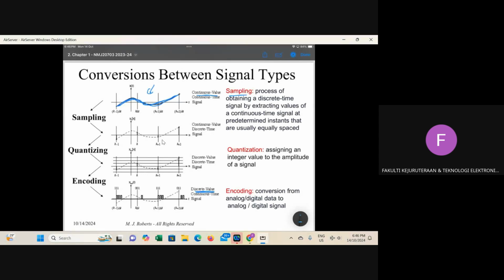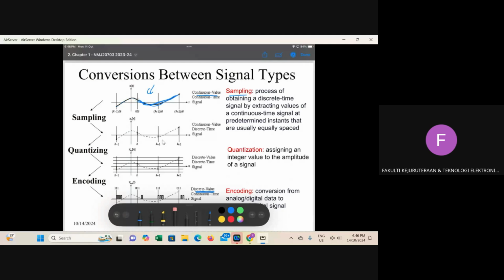So you set the sampling rate here. Let's say every 2 seconds. So every 2 seconds, what is the value at this point? What is the value at this point?